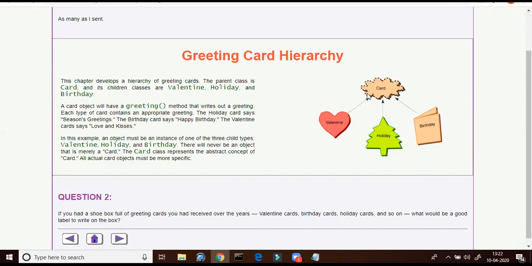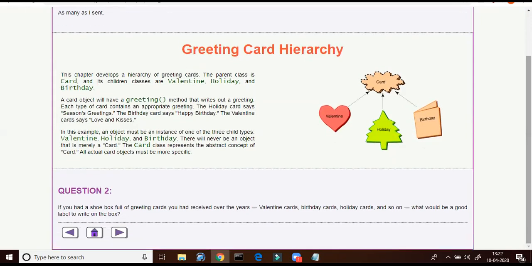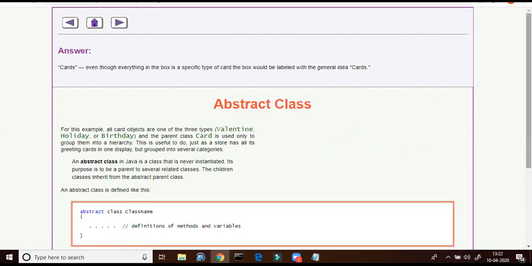It will hold some member variables and also it may hold some abstract method. And this class will have three subclasses: Valentine, holiday, and birthday. These three subclasses will redefine the abstract method which is declared in the class card. And then we will see how it will be utilized.